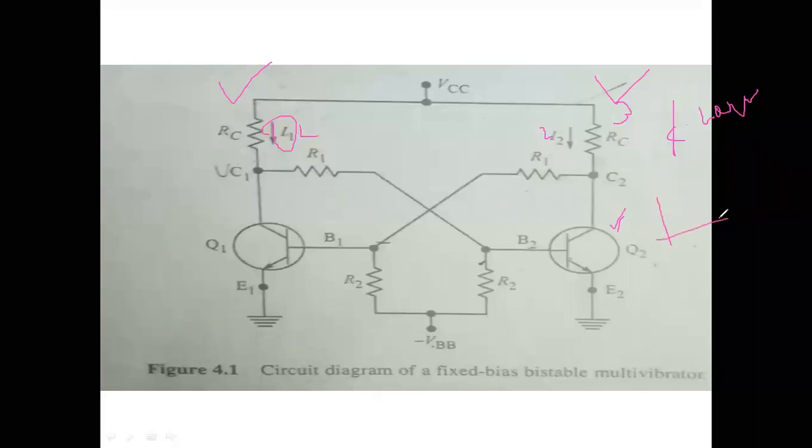That means the transistor characteristics we have discussed in your EDC all have to be satisfied. When the current increases, the operating point has to move on this line only. That means this transistor has to obey this voltage-current relation. Obviously it will satisfy these characteristics. This transistor will satisfy this voltage-current relation, and this transistor also.